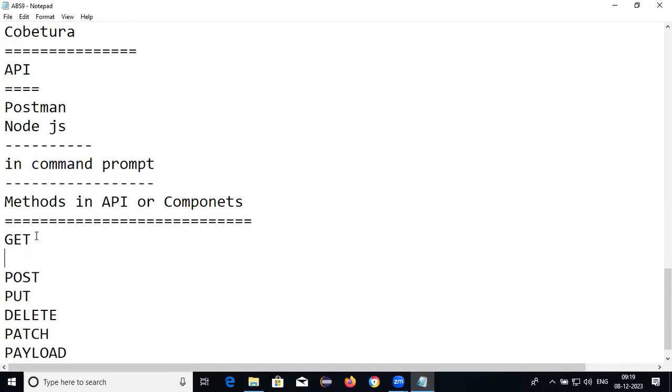For example, I want to get page number 2, and see how many employees there are. If I want the page number 2 employees list, I need to provide a GET request. The server provides the data to the API, and the API provides it to the user. Is it clear or not? Shall I repeat?